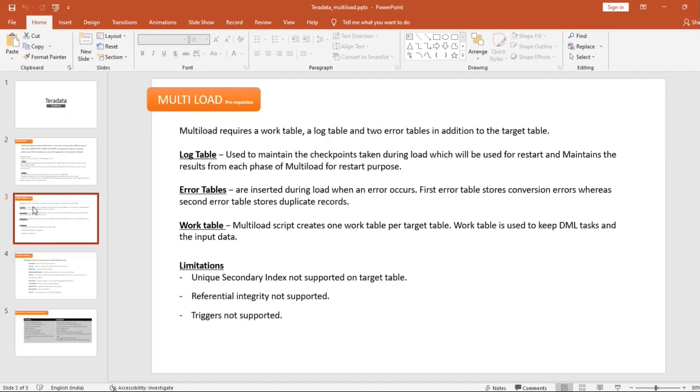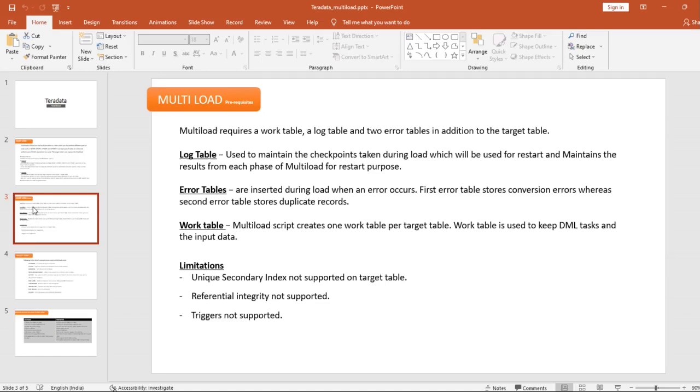I mean, it will have a checkpoint where it got failed, and when you restart it, from the next record onwards it will start running the script. And at the same time, MultiLoad has 5 phases of the data loading. So in whichever phase it got stopped, when you restart it, that will be considered as the restarting point, and from there it will start the execution.